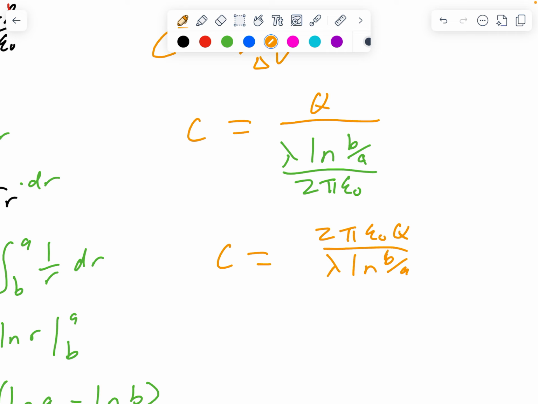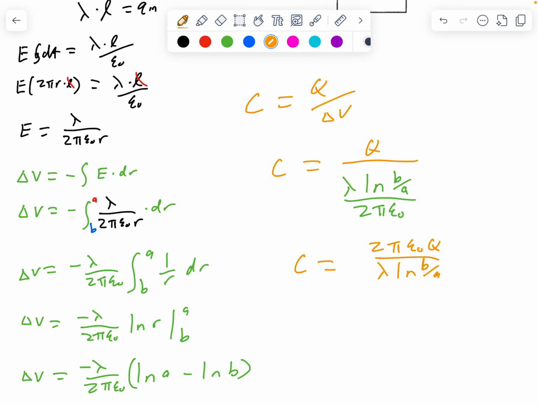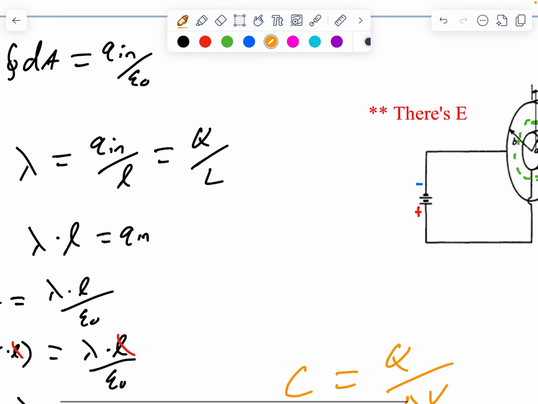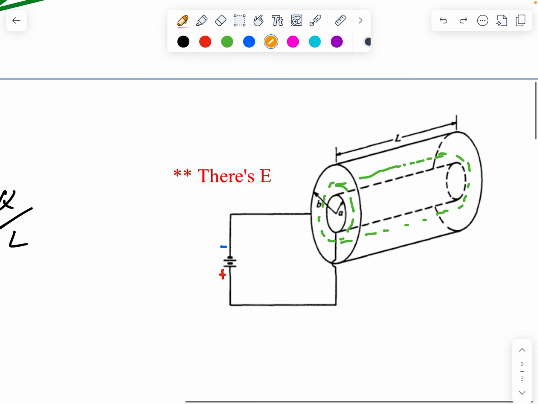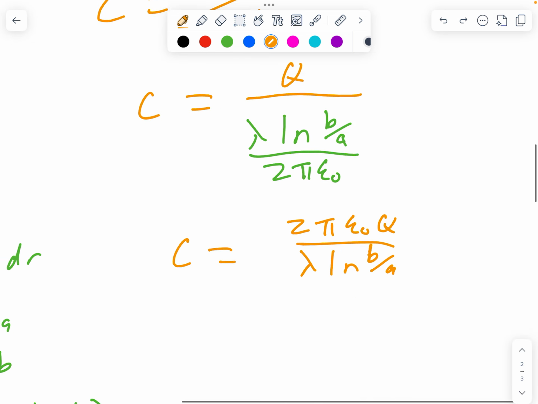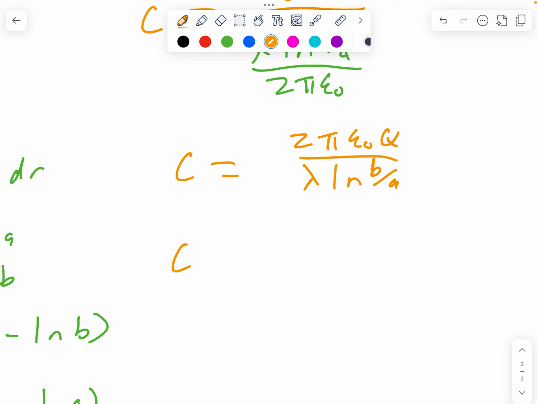Okay, so that capacitance has got to be defined just in terms of physical parameters. So that Q's got to get out of there. Lambda does too. So the way we're going to get rid of it is we go back to all this and say, hey, look, lambda is also equal to the total charge over the total length. And the total length is that L. We got that part. And this has big Q in it, so we can use it to get rid of it. So 2 pi epsilon naught times Q over lambda, which is just big Q over L,